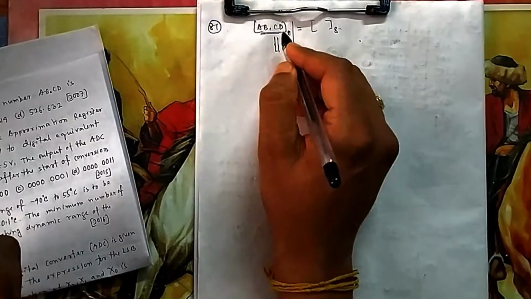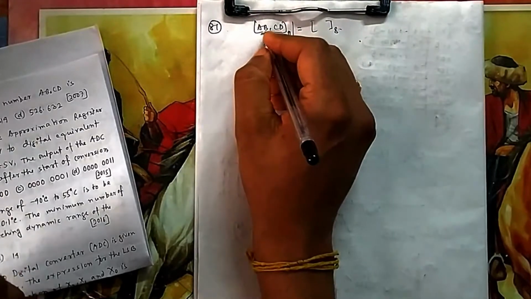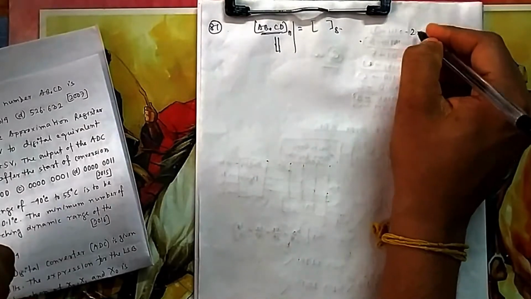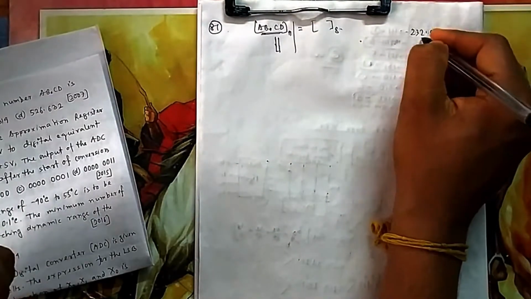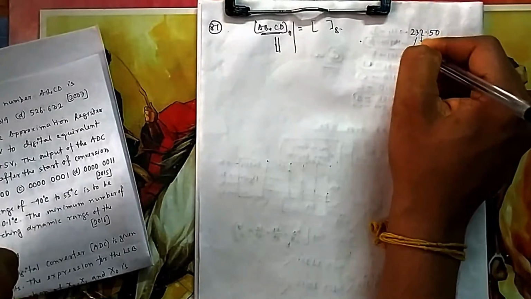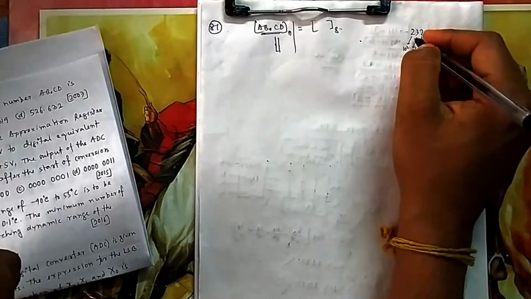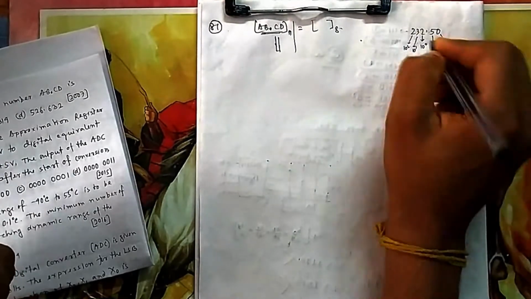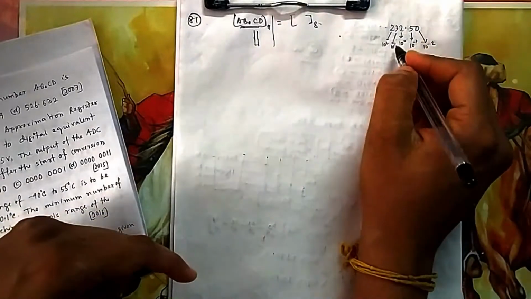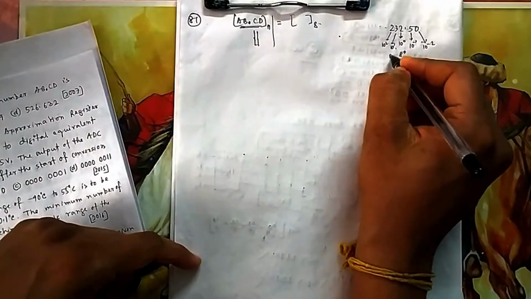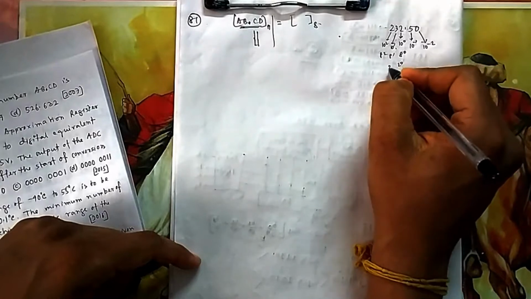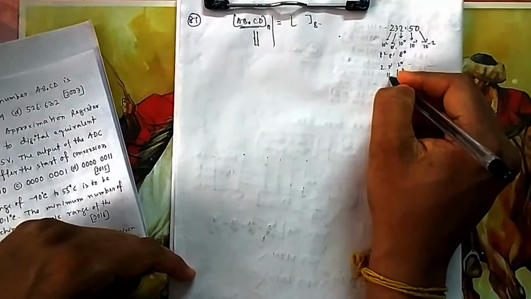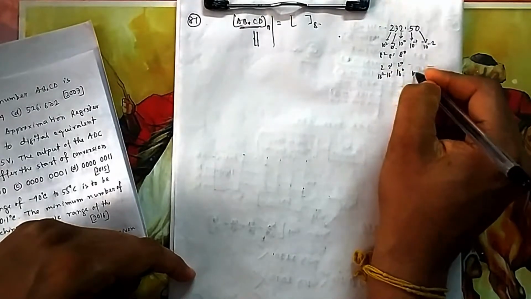Conversion from any base to decimal uses place values. In a decimal number, suppose 232, this is 10 to the power 0, this is 10 to the power 1, this is 10 squared. In binary it is 2 to the power 0, 2 to the power 1, and in decimal 10 to the power minus 1 after the point. It depends on which system you are in. For binary it will be 2, for octal it will be 8: 8 to the power 0, 8 to the power 1, 8 squared. For binary 2 to the power 0, 2 to the power 1, and here 2 to the power minus 1. For hexadecimal it will be 16 to the power 0, 16 to the power 1, 16 to the power 2, 16 to the power minus 1.